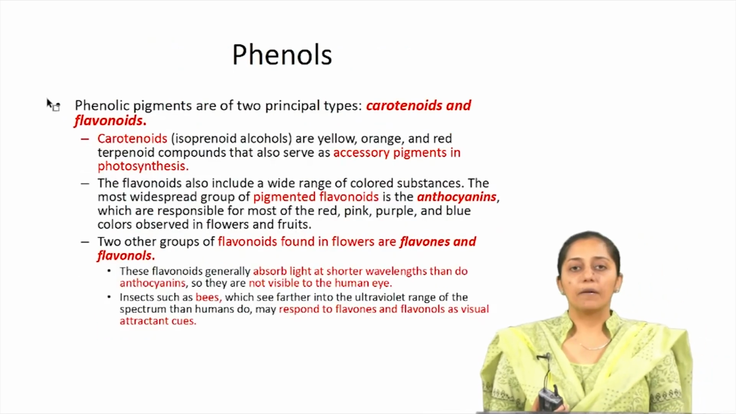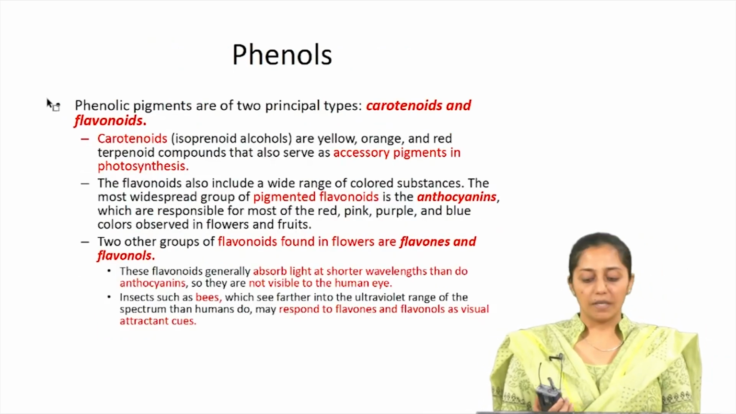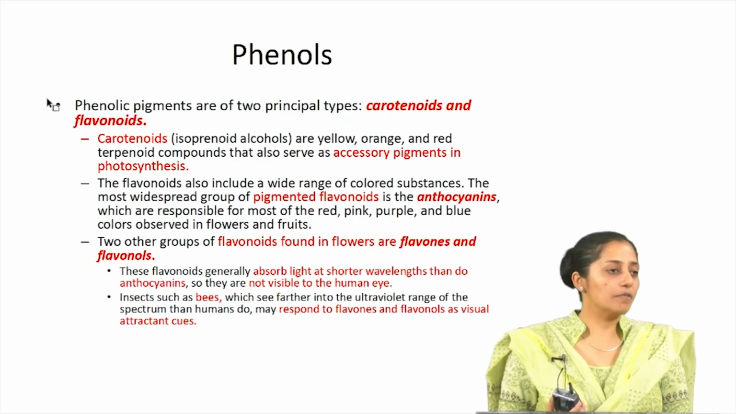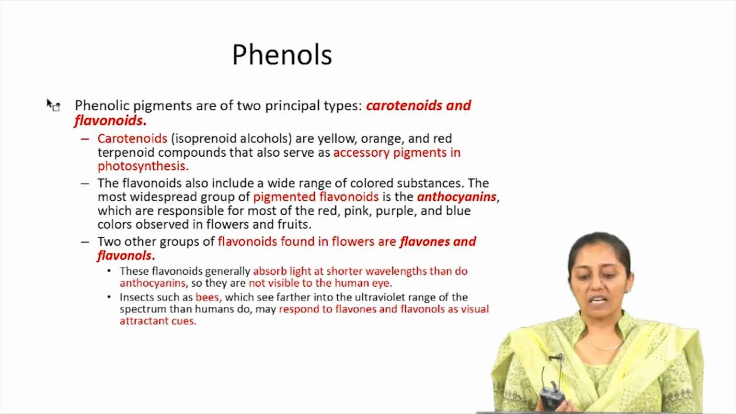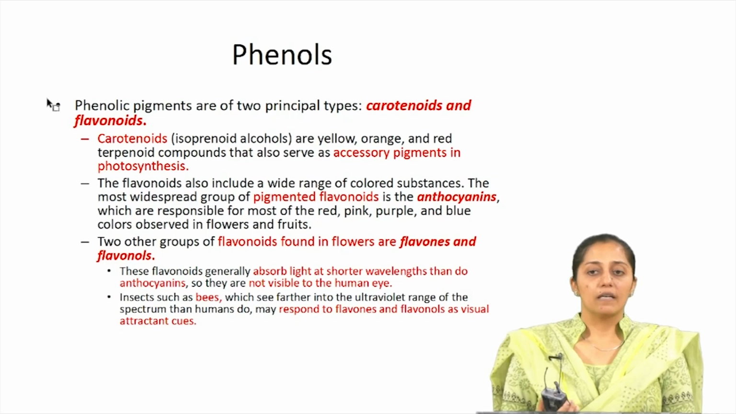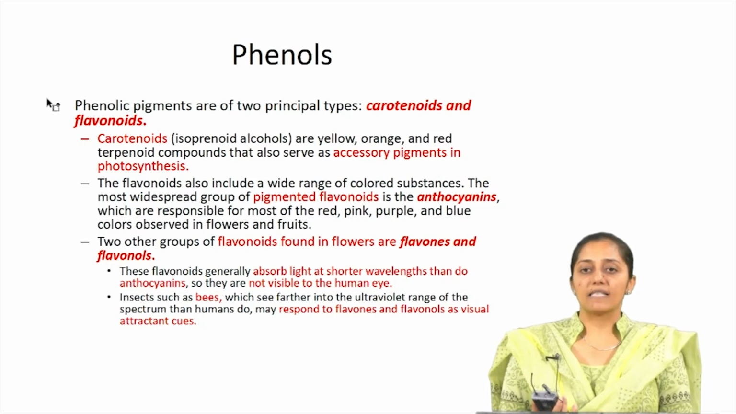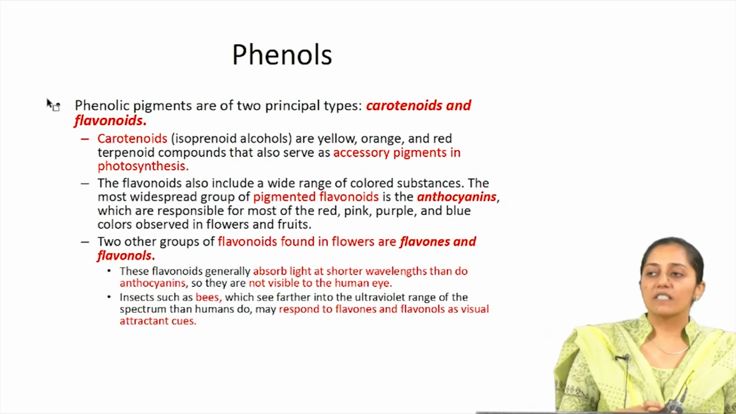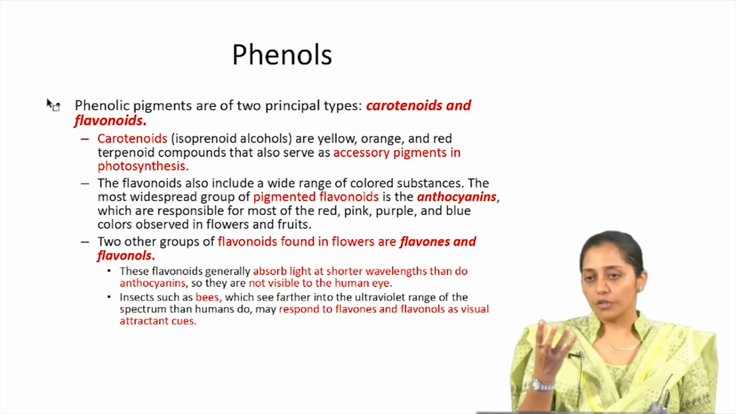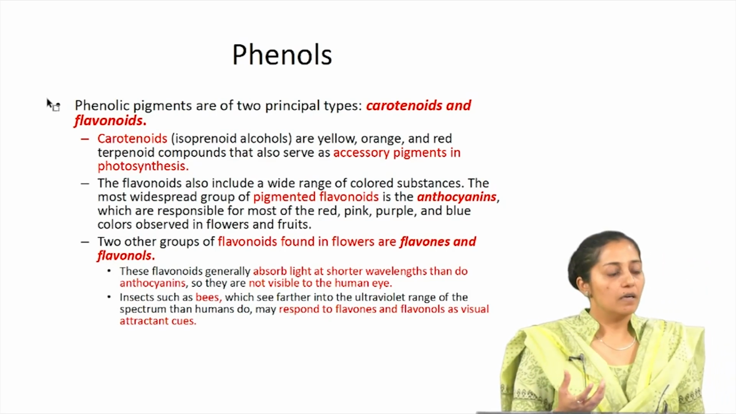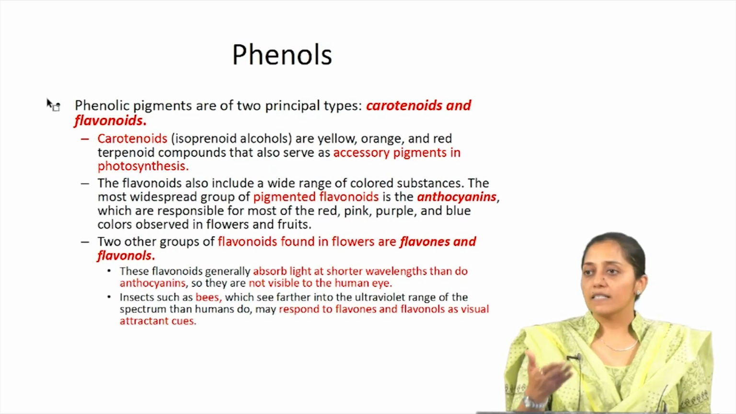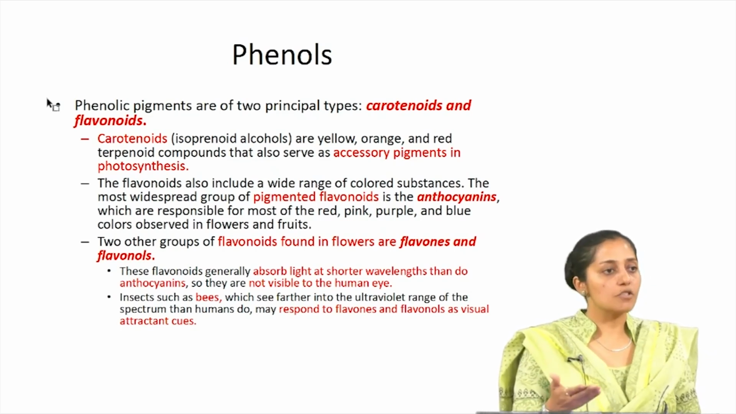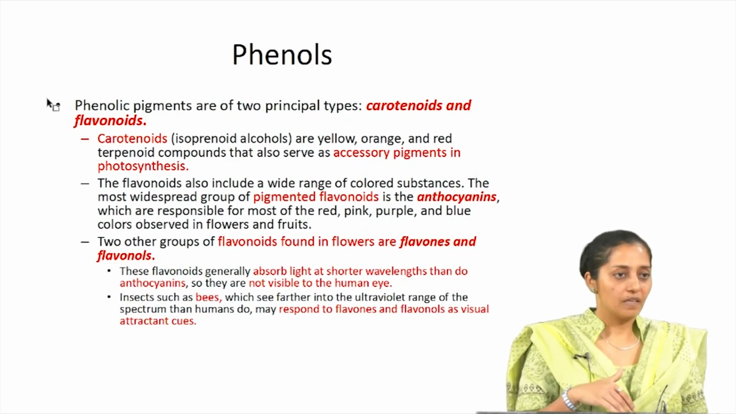So phenolic pigments are of two principal types. One is carotenoids and the other flavonoids. Now carotenoids are isoprenoid alcohols. For example, there are different colors, yellow, orange, red terpenoid compounds that serve as accessory pigments in photosynthesis. So it is not only green color or your chloroplast. Sometimes you will find that there is a transformation from chloroplast to chromoplast and